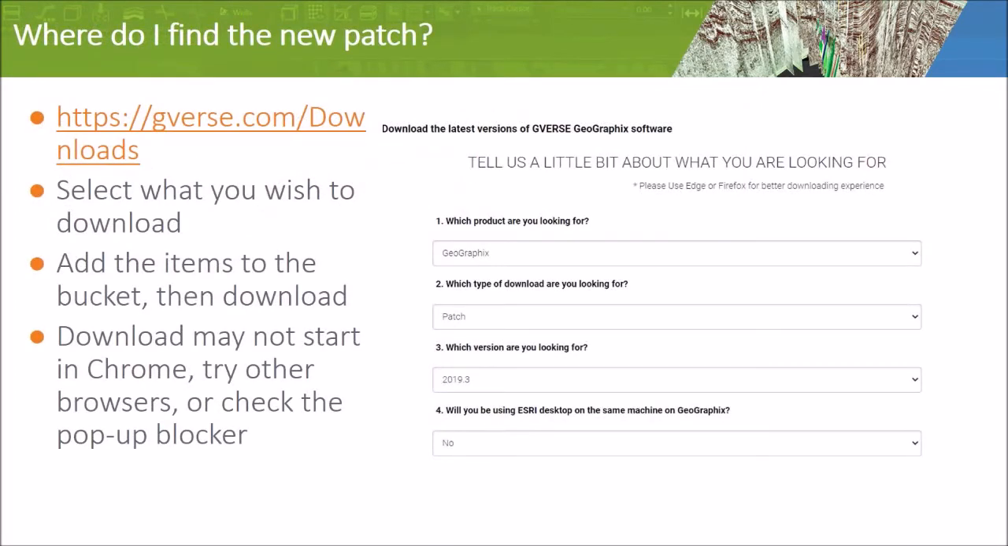So first, the first question is going to be, where do I find this new patch? Every time we put out a new release, we usually try to send out an email along with it, letting you guys know that the new version or new patch is available. There should be a link in there on how to find the download. Otherwise, it's going to be at the